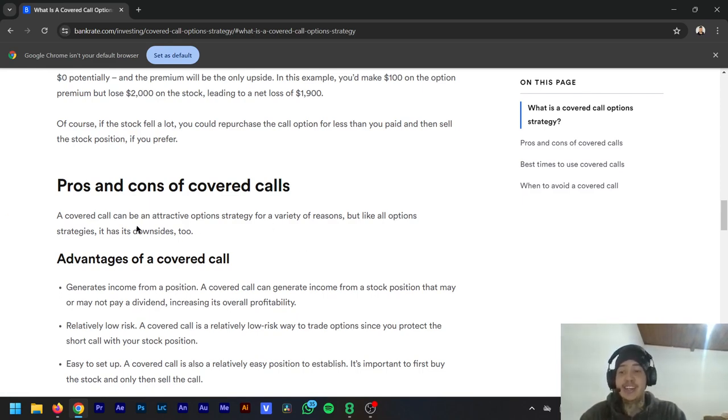Okay, so yeah. A covered call can be an attractive option strategy for a variety of reasons, but like all option strategies, it has its downsides too. Yes, just like every strategy in the market, there's nothing that's perfect, but if the pros outweigh the cons, then you should be doing it. In my personal opinion, I think it's a good strategy for you. Of course,